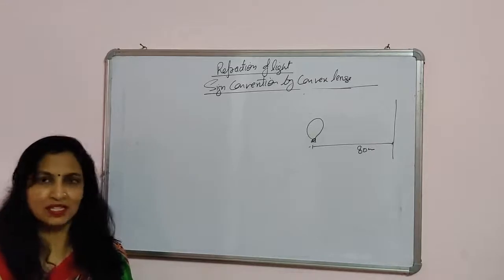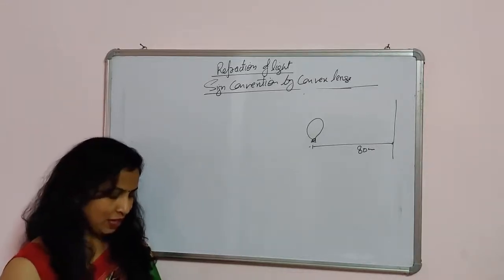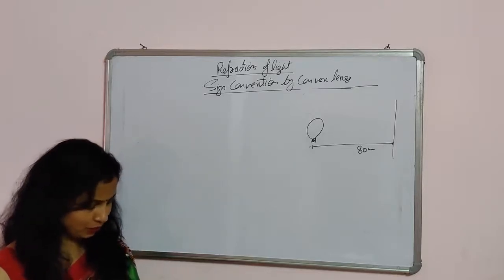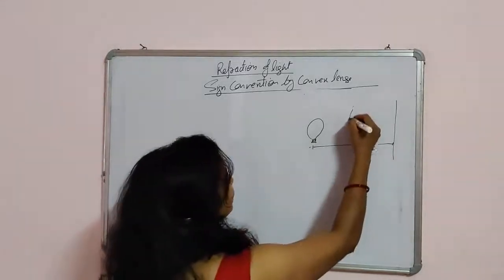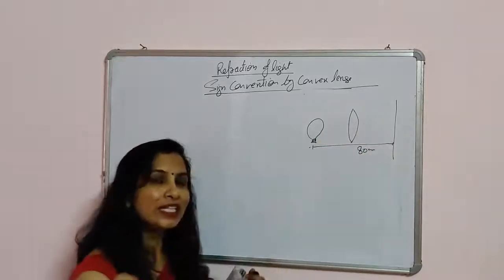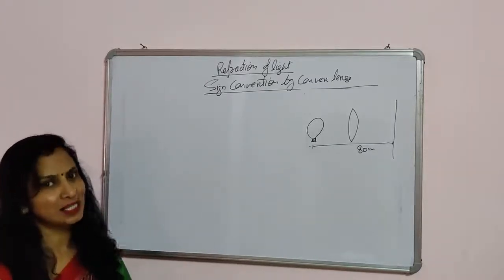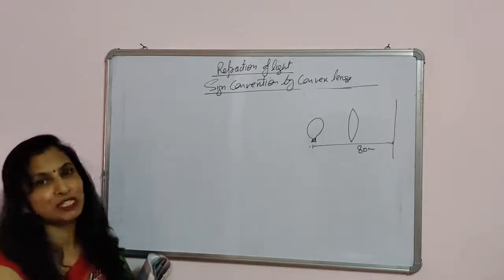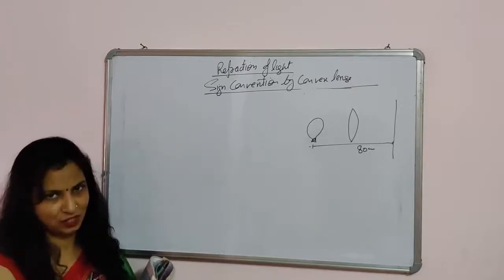The converging lens means convex lens. Diverging lens is concave lens. A converging lens forms an image of it on a screen, magnified 3 times. Now we place a lens here so that its image is formed on the screen, which is 3 times magnified. Every sentence has a meaning. Since the image is formed on the screen, it means a real image will be formed. And it is 3 times magnified, which means this is the magnification.